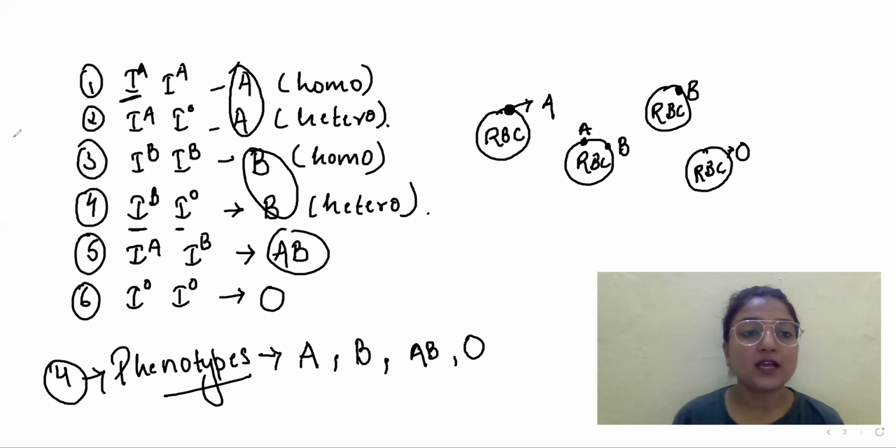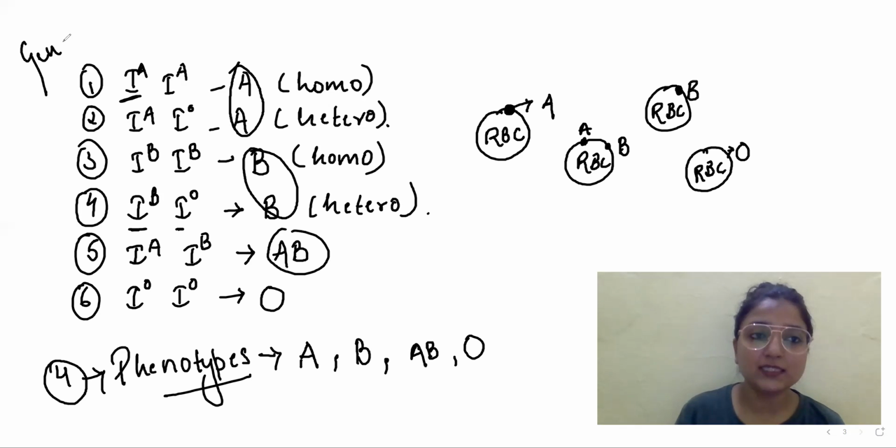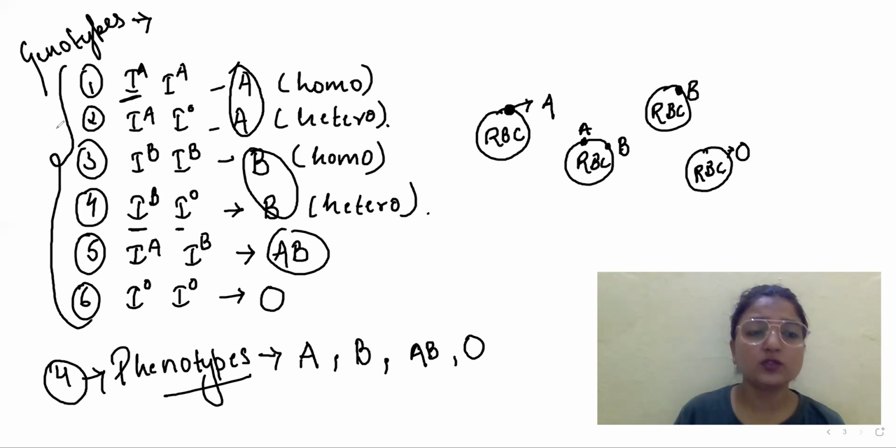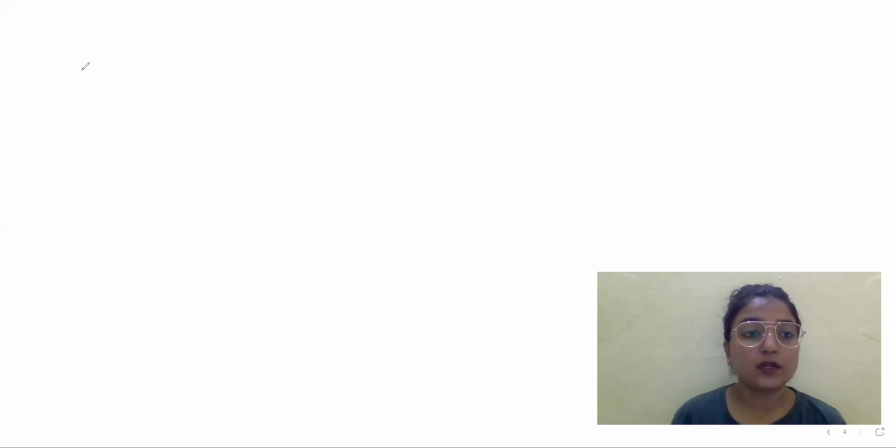And the genotypes, which are the genetic makeup of the blood groups, are 6 in number. So these 6 are the genotypes of the person's blood group, right? And the phenotypes are 4 in number, that is A, B, AB, and O. Now, we'll take an example just to understand this very nicely. If there is a question that a parent is having, or the father is having,